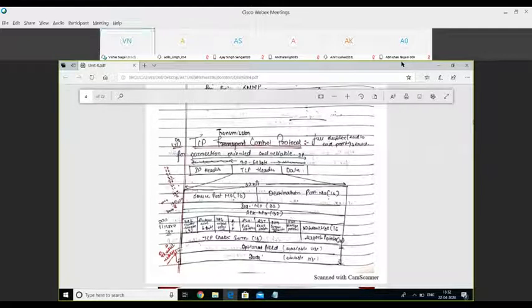I'll repeat all these 6 flags. URG pointer is high, URG flag is high. That means we have to urgently process this particular segment. If the ACK field is high, that means the segment contains a valid acknowledgement number. If the PSH push field is high, that means we have to immediately push this particular segment to our upper layer protocols of the receiver. If the reset field is high, that means we have to discard this particular segment and we have to restore the previous state.